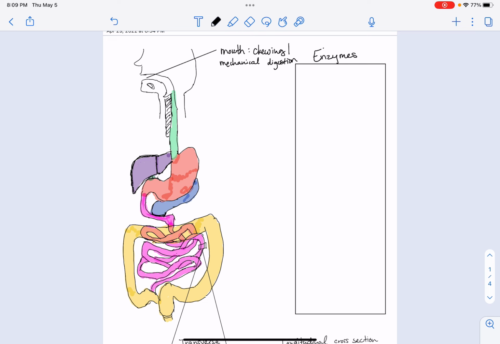All right, this little guy right here, let's see if you remember what he is. I shouldn't gender these, but. All right, this is the salivary glands. Congrats, good job. I can't believe you remembered. Salivary glands,